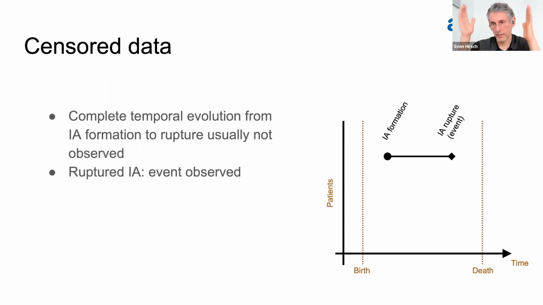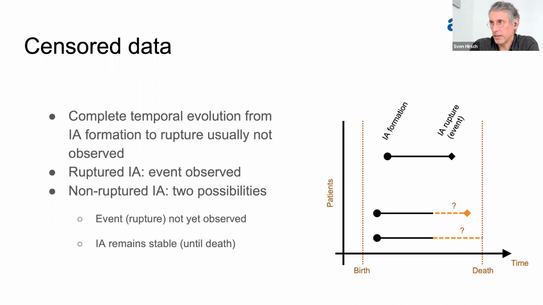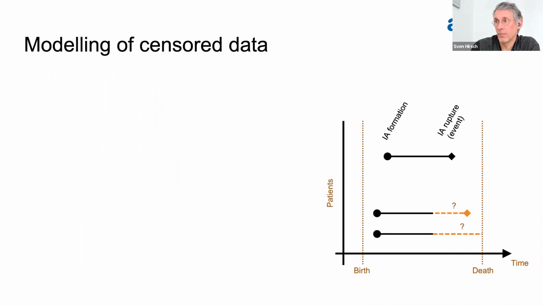So when you look at the time from birth to death, if you get an aneurysm, it would form at some time point, not at your birth, but sometime later. And it could rupture in your lifetime if you're an unhappy person. But it could also form and not rupture, or you observe it now and it could rupture later, or you observe it now and it could never rupture. Both could obviously happen, but we don't know that for the individual patient. So we just have cross-sectional data and no longitudinal data set.